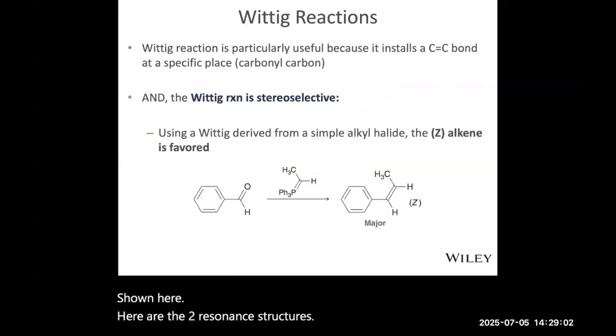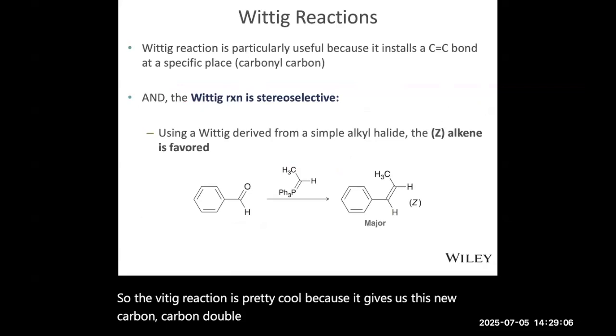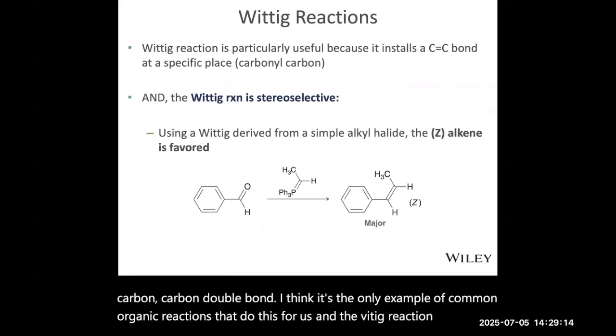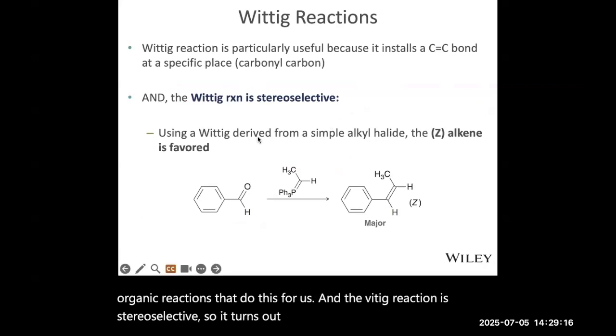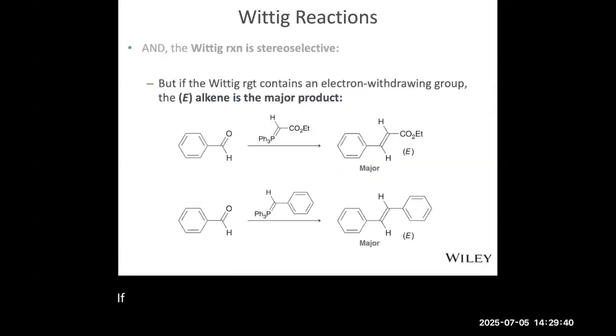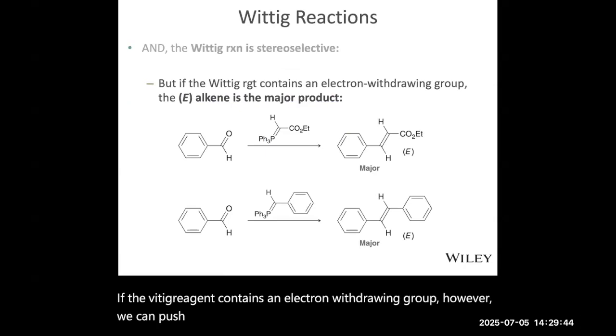So the Wittig reaction is pretty cool because it gives us this new carbon-carbon double bond. I think it's the only example of common organic reactions that do this for us. And the Wittig reaction is stereoselective. So it turns out when you're using the Wittig, depending on what alkyl halide you start with, the Z alkene is favored. If the Wittig reagent contains an electron withdrawing group, however, we can push it towards the E alkene